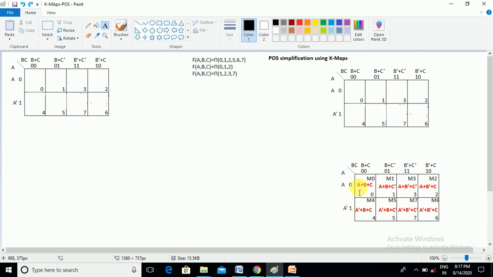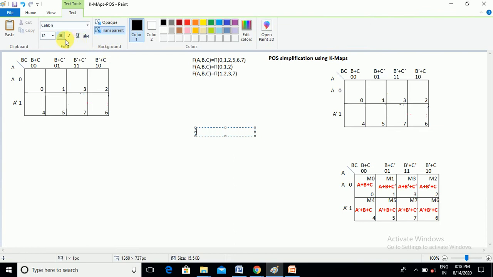As well, you will get the first cell value M0 will be a plus b plus c. Here also 0 0 will become a plus b plus c. Now let us go to the min term combination. Actually, how is it? Let us go through one explanation regarding the relation between min term and max term. Here I am taking the case 0 0, represented in the form of a dash and b dash in min term combination. In max term combination, if you apply the inversion for this a dash and b dash, it will convert into the max term.